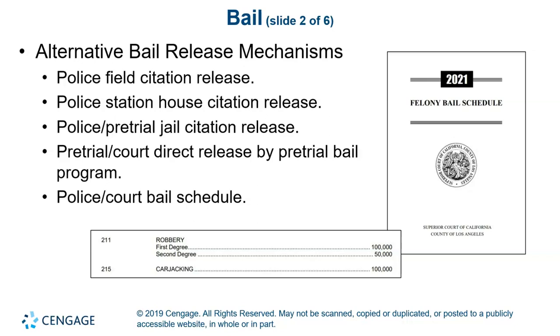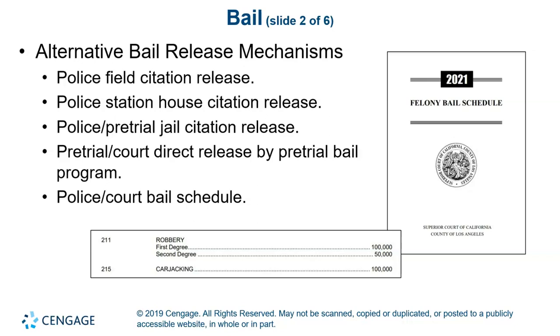There's something called a police station house citation release. So the determination of an arrestee's eligibility and suitability for release and the actual release of the arrestee are basically deferred until he or she has been removed from the scene of an arrest and brought to the station house or police headquarters. So this is a station house release where you're going to get a citation release, but not in the field, right? It's going to be back at the station, and we're going to determine whether or not you are okay to be released, and you'll be released from police headquarters.